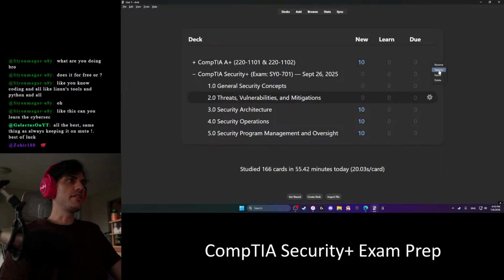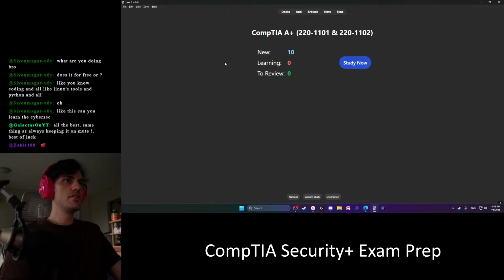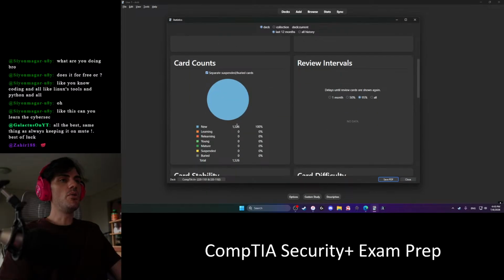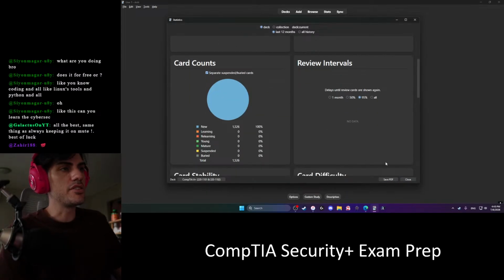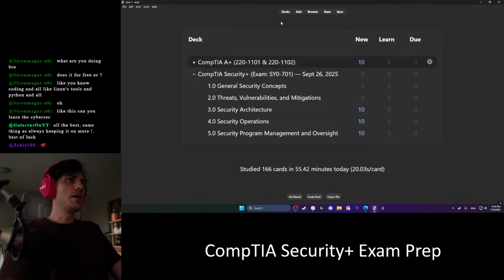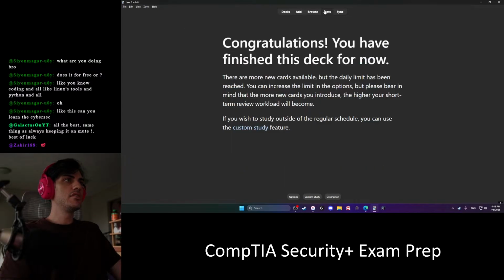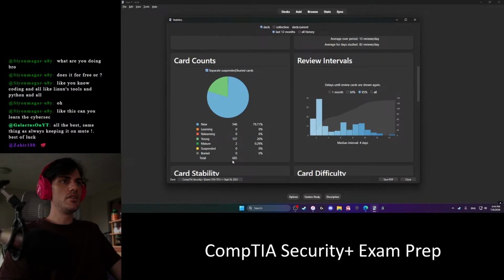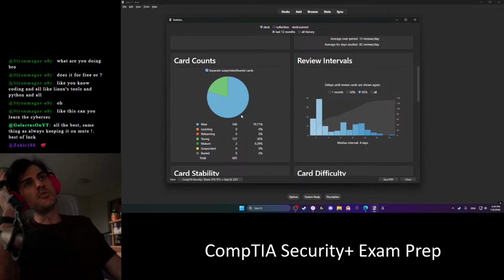How many are in here? There's probably a lot, right? Let's click on this for stats. Holy, 1,500 cards in here. How many do we have for the other one? 685. Well, there's more than 1,500 in the other one.